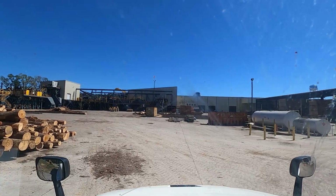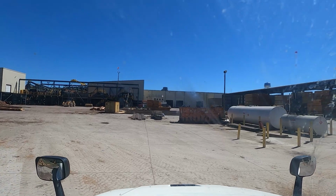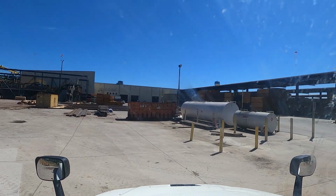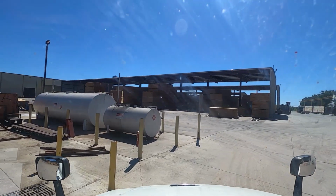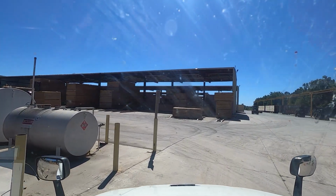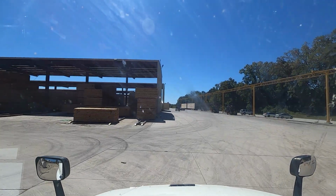No, I do not like that steel mill. I wouldn't mind going there again because, you know, it's work and you make money, you deliver load in there and all that stuff. But man, that place is so tight, it's not even funny. It's not even a joke. But here it's a lot more spacious, a lot of room, and